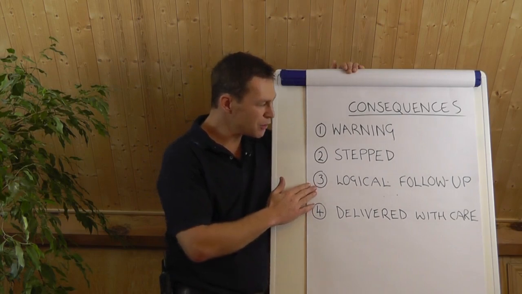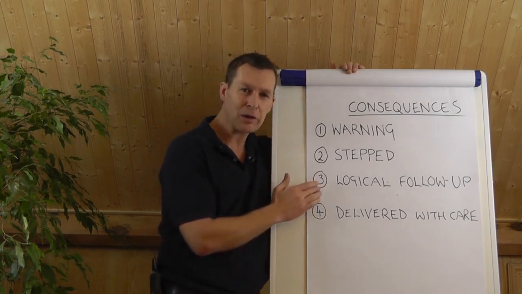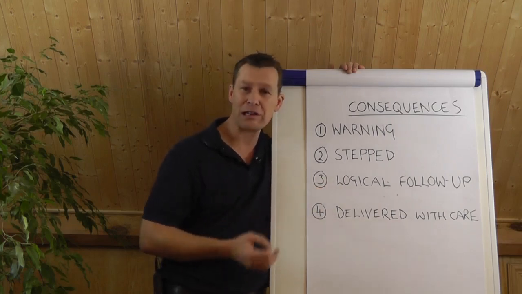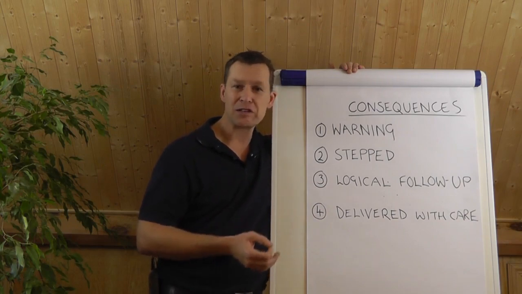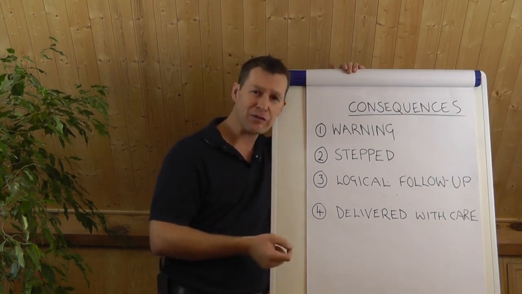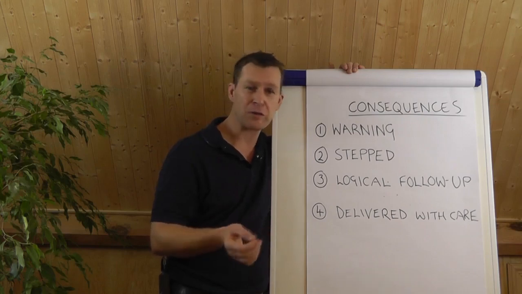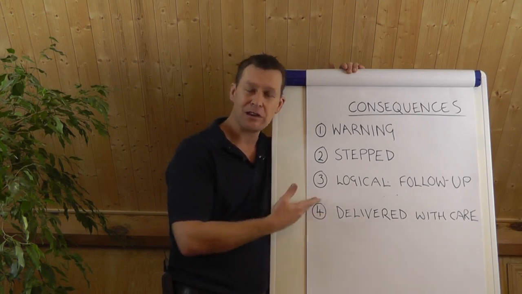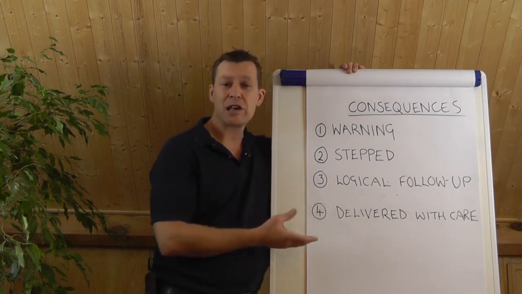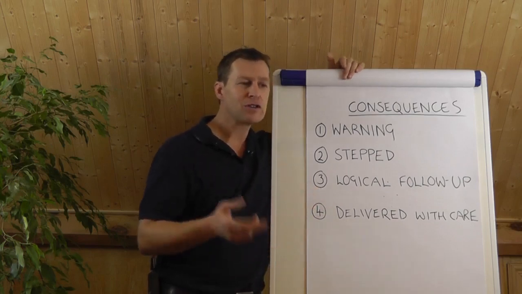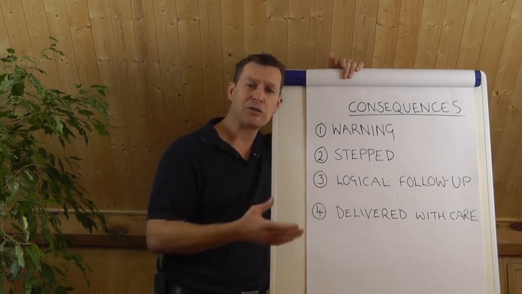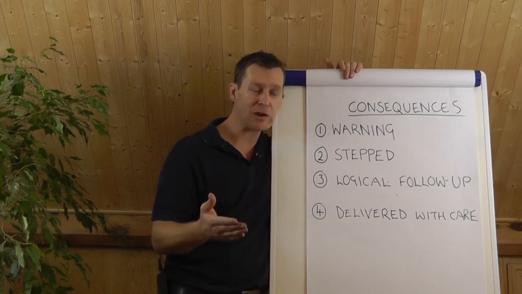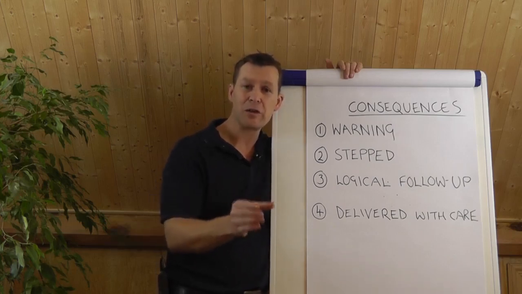Next, your consequences need to be a logical follow-up to the behaviour you're targeting. And by that I mean, if you don't pay your electricity bill, your electricity gets cut off. They don't cut your gas off, they don't take away your television or take away your car, they cut your electric off, because that's the logical follow-up. If you don't pay your electric bill, you lose your electricity supply. And it should be the same with the behaviours that we're targeting. So if you've got two students messing around at the back, the logical follow-up would be to split them up and separate them and give them some time apart. And if they behave well apart, then they get the opportunity to move back together.